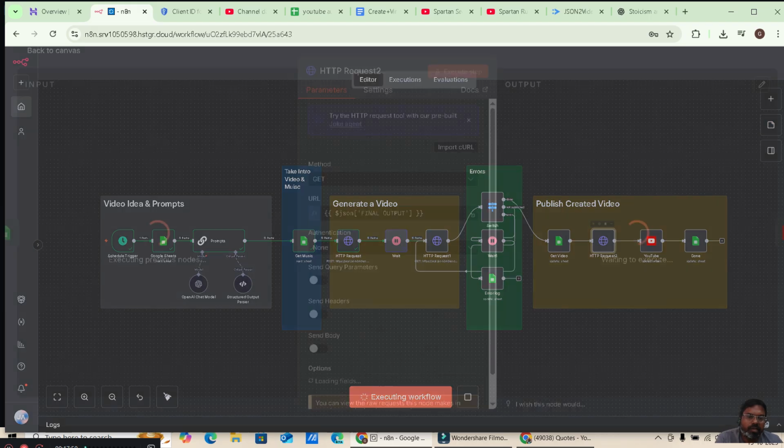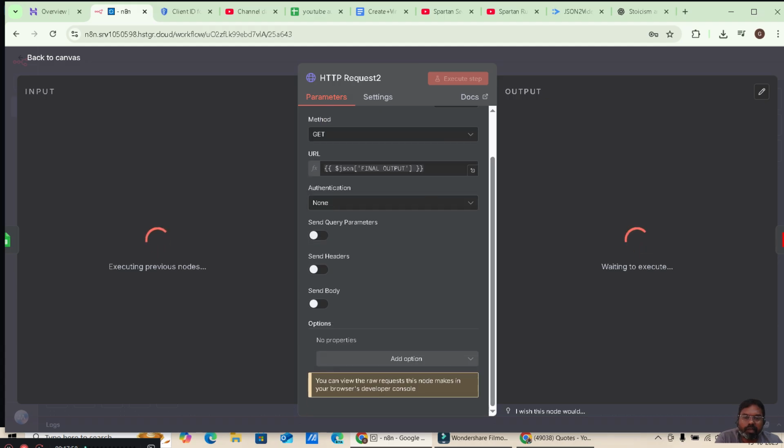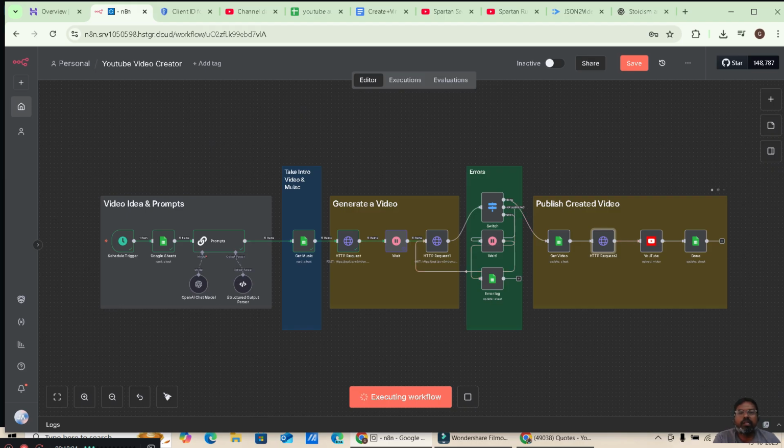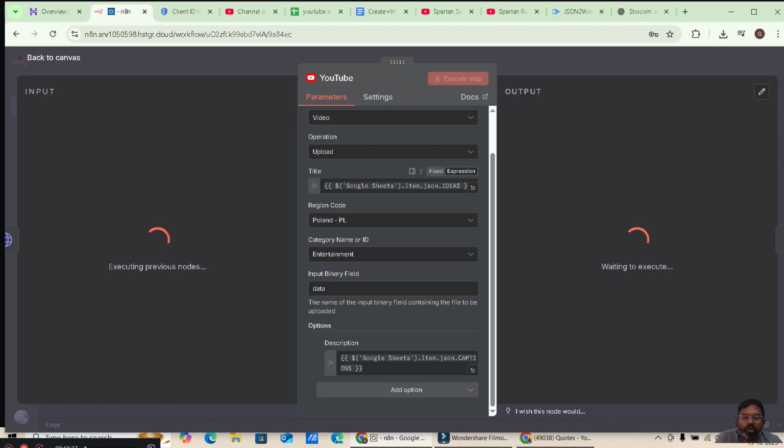And HTTP request, again the final output, and this HTTP request should be in the GET method. Drag the final output, and for authentication, nothing should be done. The final thing we are going to do is go for a YouTube node. You can go for YouTube account and create your YouTube account, right? And place it with this one, video upload operations, and title, just drag it and drop it over here, and